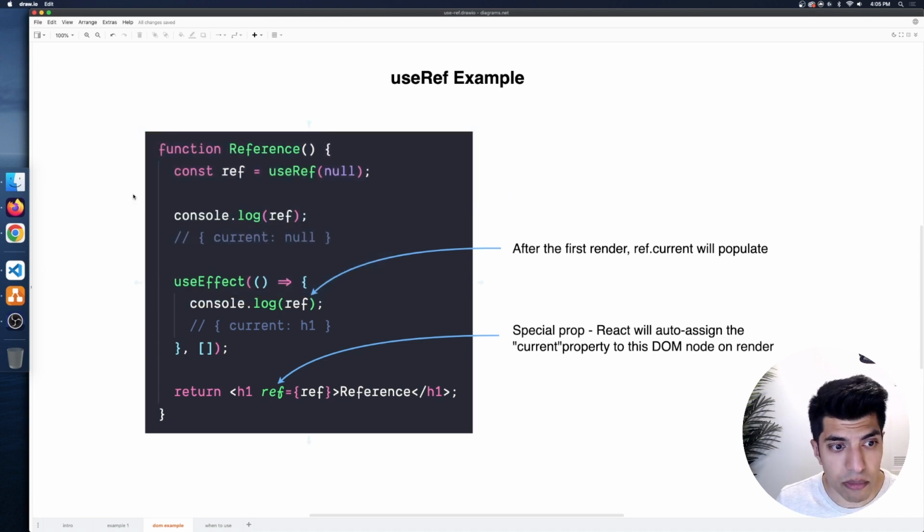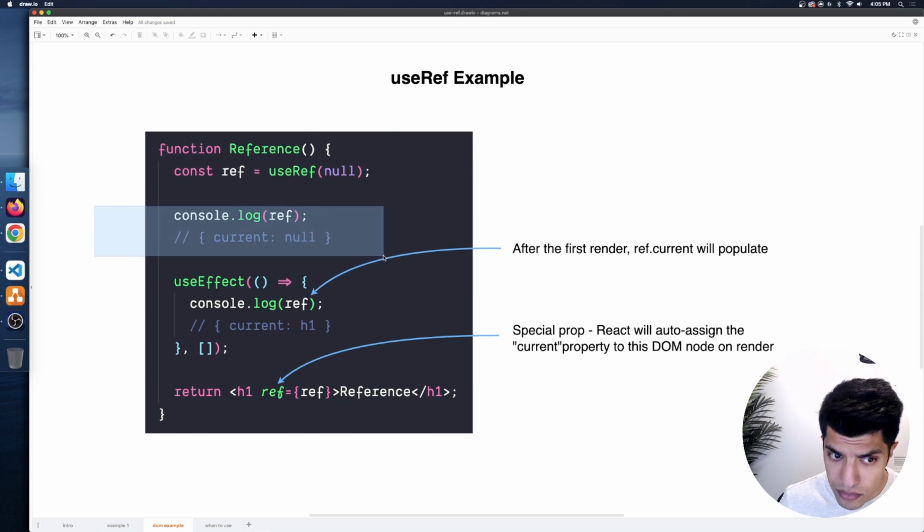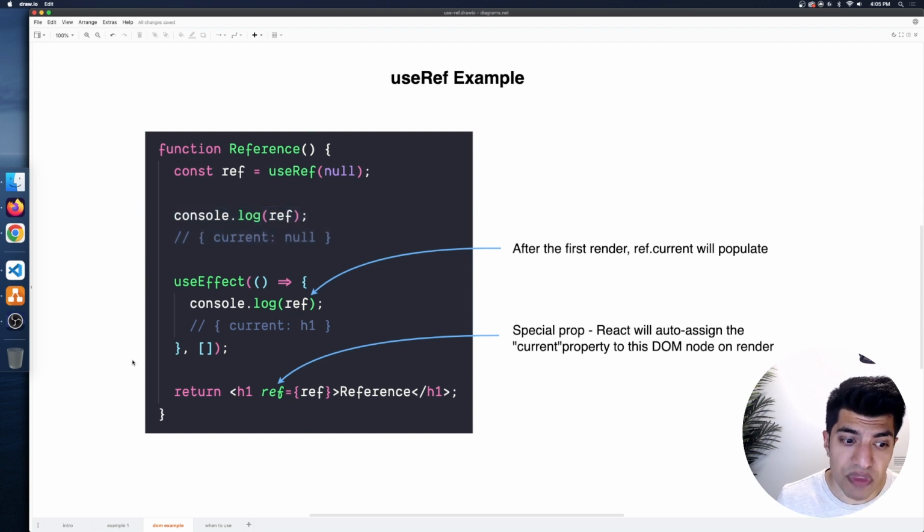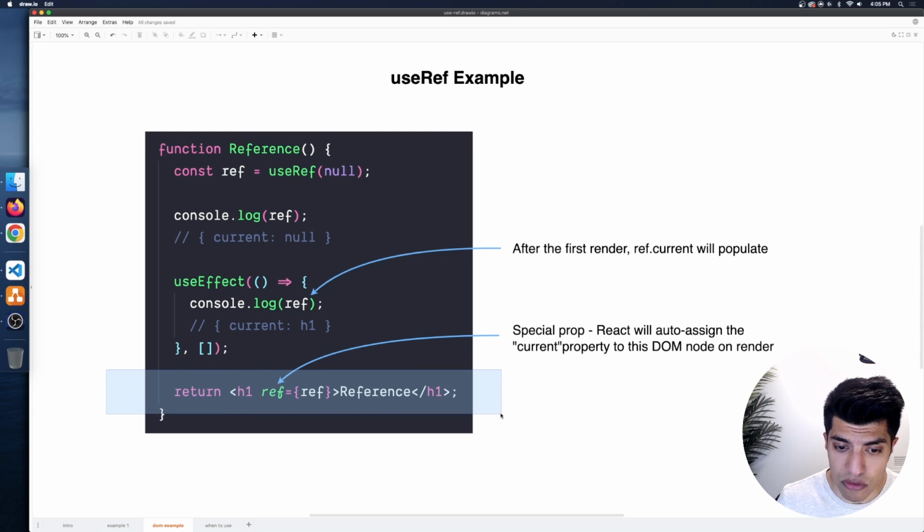That's a pretty common practice, just so that we know what it is when it's initialized. If I log that out right away, I get, as expected, an object back with a current property. That's the initial value, which in this case is null. So that's totally fine. Now, what's interesting here is if you look at the markup down here for the JSX,